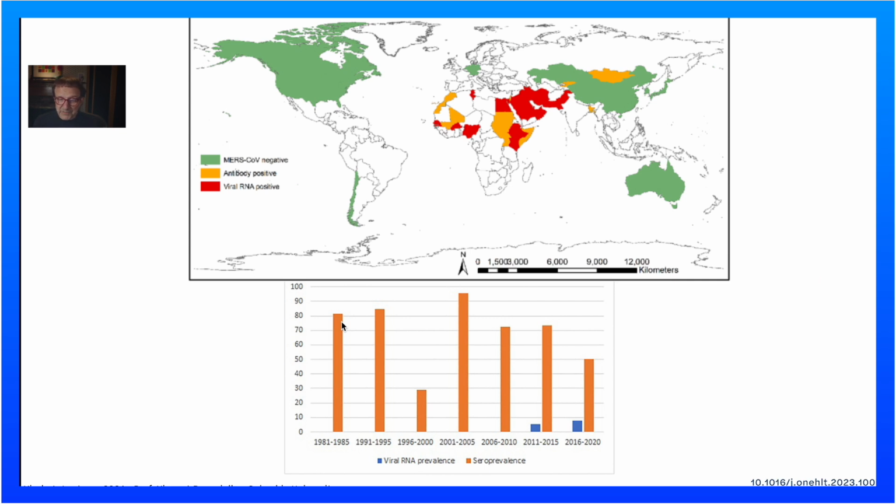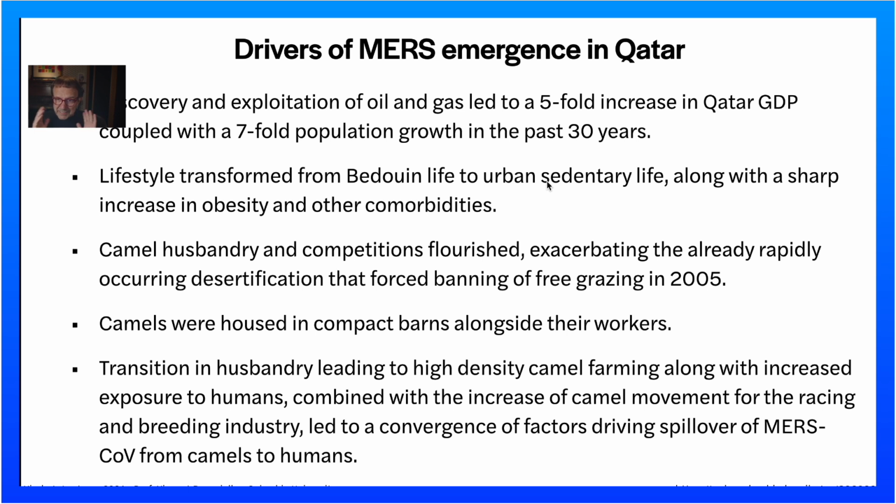And then suddenly in 2012 it starts. But you see antibody positive in these parts of Africa, and interestingly Kazakhstan, and then RNA positive, showing an ongoing infection most likely in the Arabian Peninsula and parts of Africa. But again, the disease only occurs in the Arabian Peninsula, not in Africa, not in Kazakhstan. Very interesting. Now, here's a nice study, because you may be asking yourself, why does this happen all of a sudden?